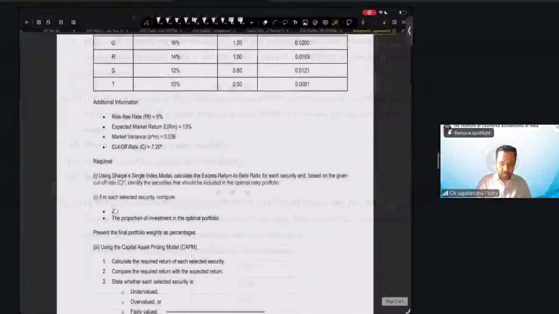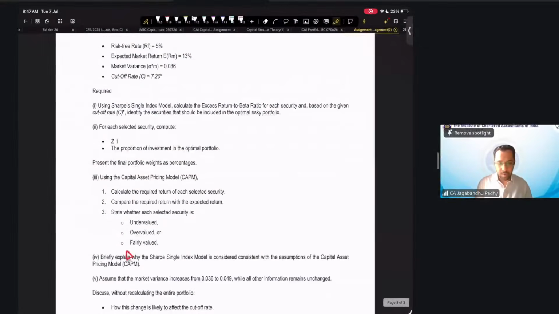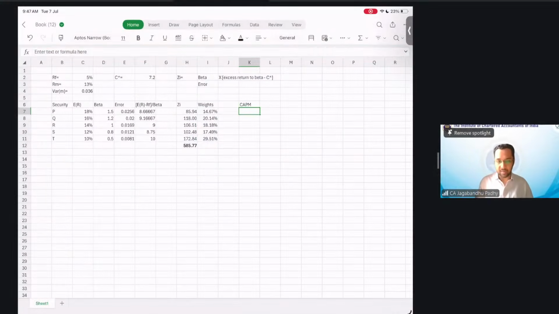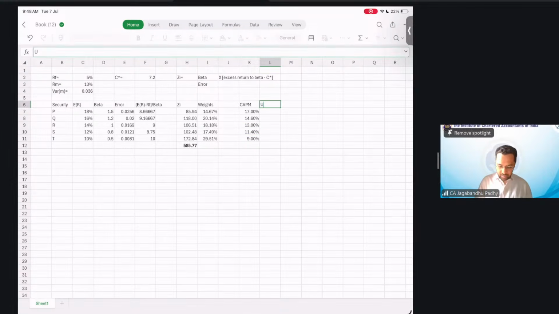The next part is use CAPM. Calculate the required return on each security. Compare the required return with the expected return and state whether it is undervalued or overvalued. Simple. You can get the CAPM return as risk-free return 5% plus beta into 9.6, 13, 11.4 and 9%. And then we'll say whether it is